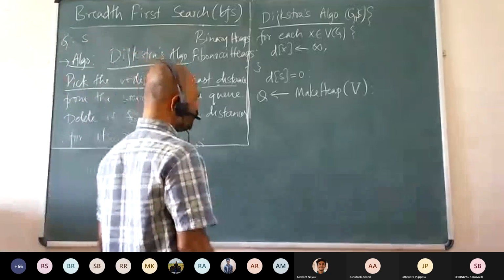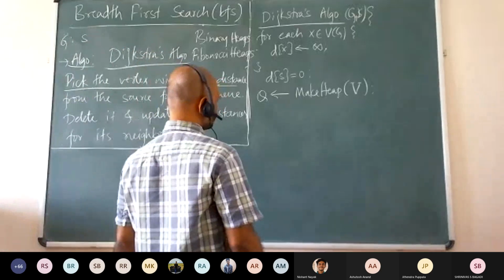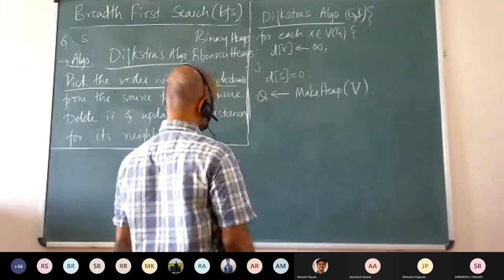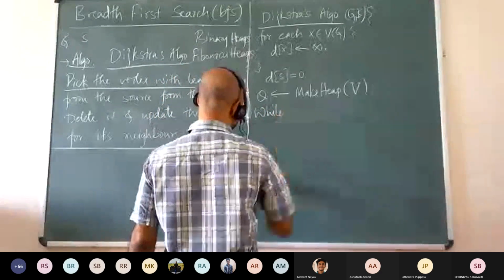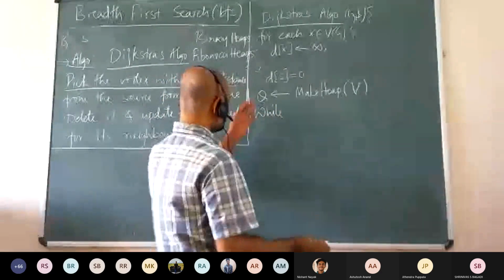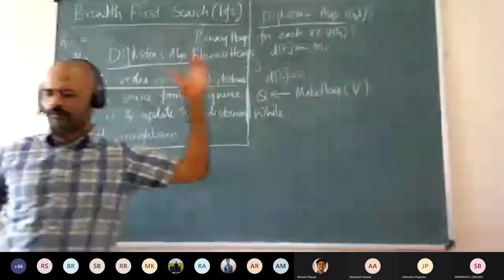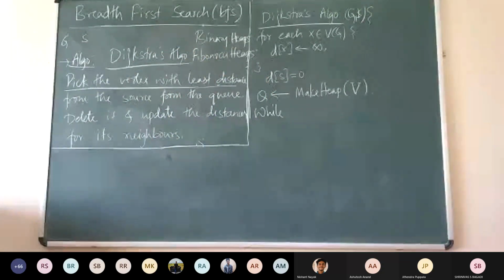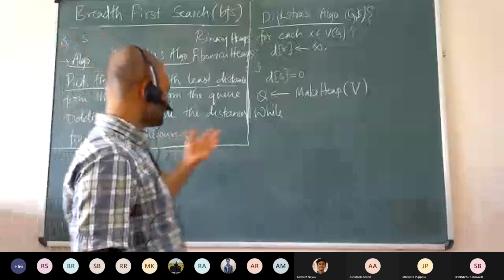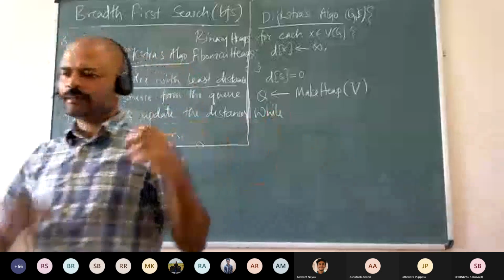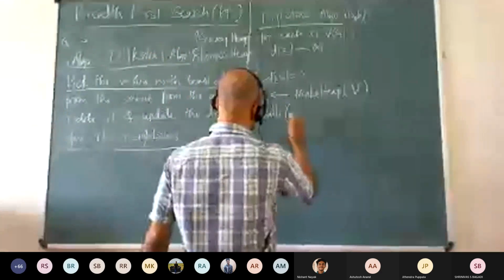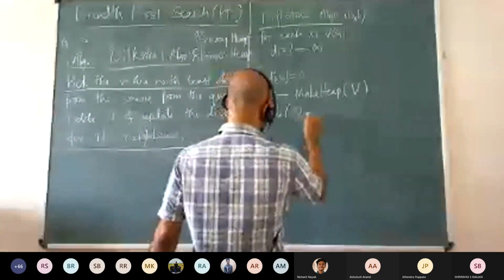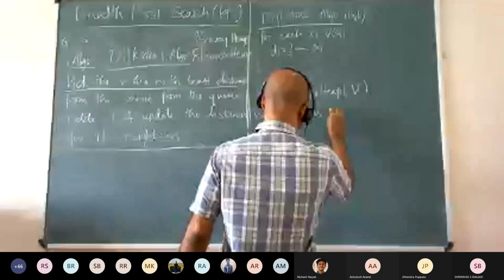Now this is the heap which we have created. This is the queue. We need to do this till the distance to all is set. Once we are setting the final distance, we are removing it from the queue. So once the queue becomes empty, it means that the distance to all of them is set correctly. So we run this algorithm till the queue is not empty.